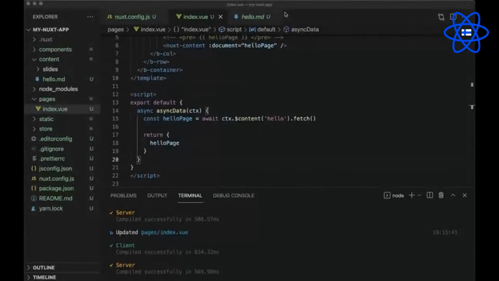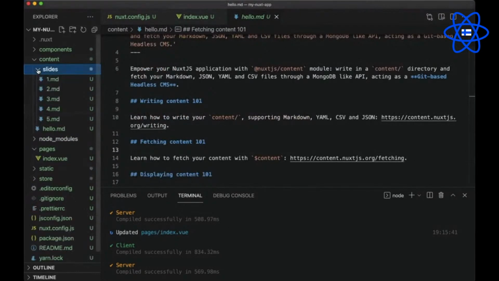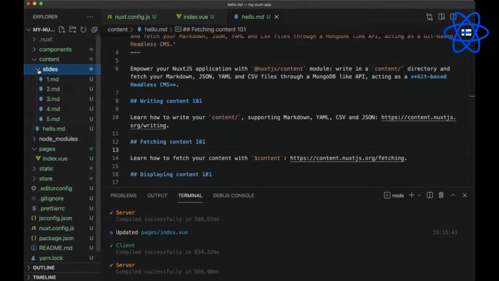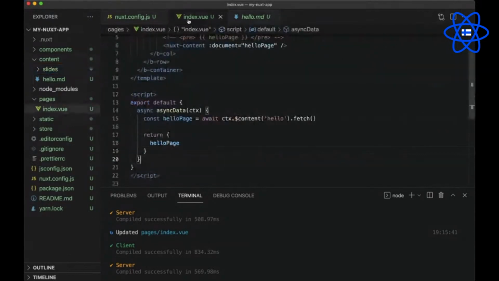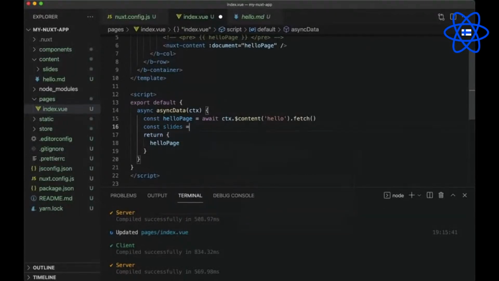Next, we will try to access multiple Markdown files, right? Currently, we've been working with simply hello.md. Instead, I have added 5 Markdown files in a slides folder. So now let's try to access all of these Markdown files on our homepage. We will go back into our asyncData hook where we can write const slides.